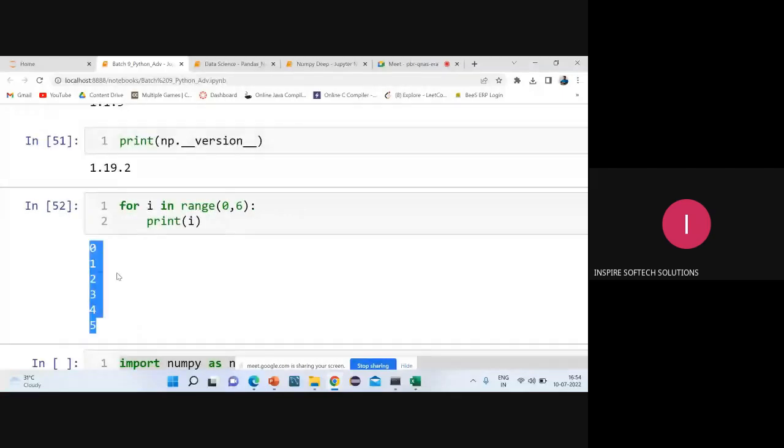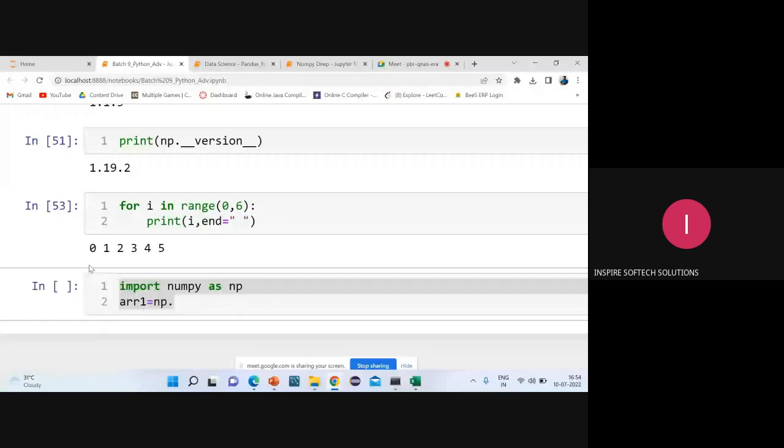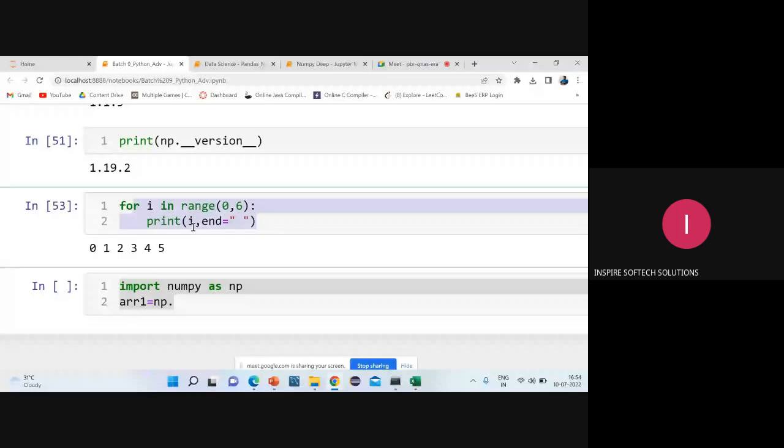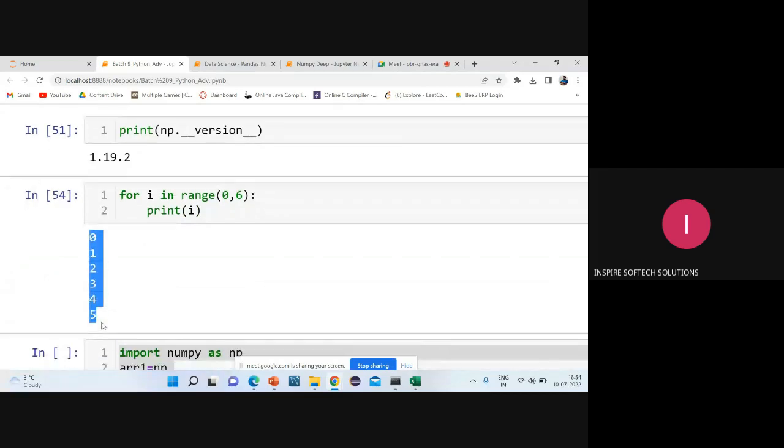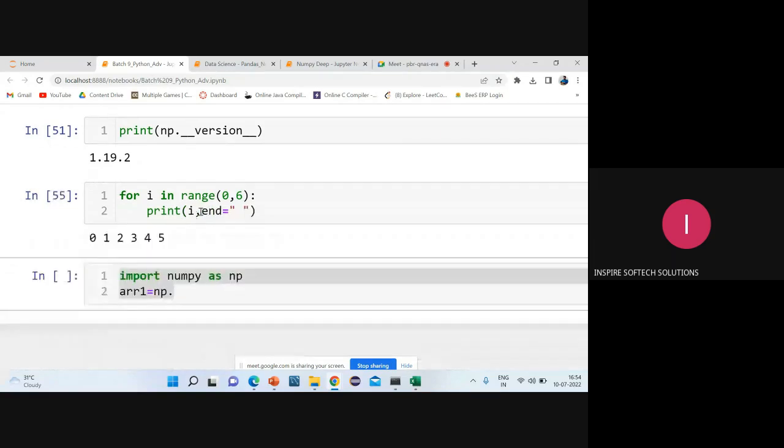And if you want to print in the same line, just use end is equal to a space. You can see here I'll get it in one single line. This kind of stuff we already discussed in the previous batch. So end. Those who are in the new batch, just listen here. If you are printing only i, it prints in the next line. By default, the print statement will do that. If you want to print in the same line, then it should be end is equal to. So whenever you have any question based on end with a double quotation, you have to remember that your output will be in the same line.